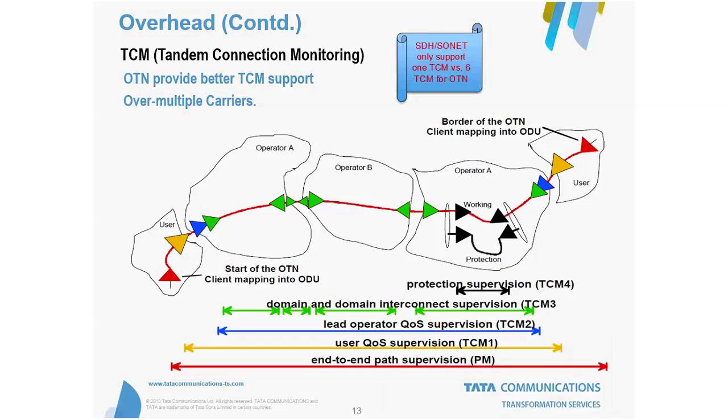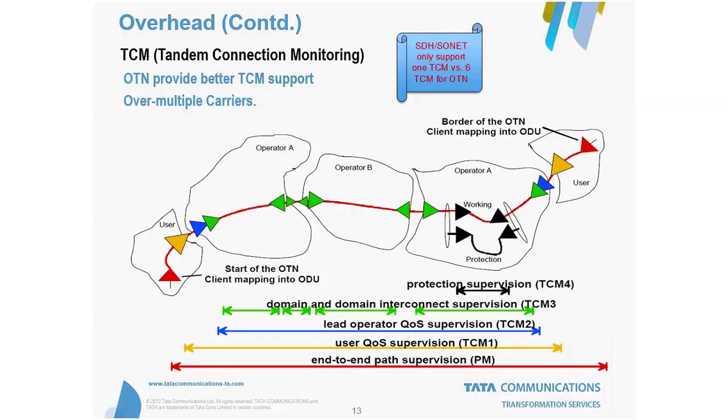Now it's TCM. If someone is interested in tandem connection monitoring, just tell me what it does in SDH. Or imagine a network without TCM. If we don't have TCM, monitoring of the path from end to end is not possible. You'll only come to know that there is a problem, but will not know what the problem is. Because when we create a path, it will be from A to B to C to D, and that may end somewhere. So TCM plays a very important role in that.